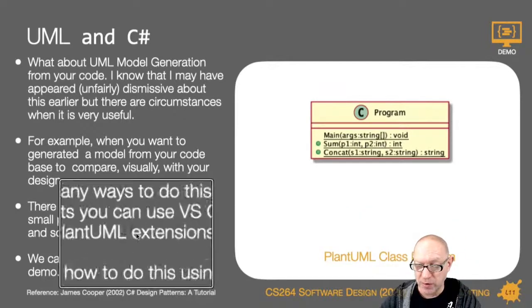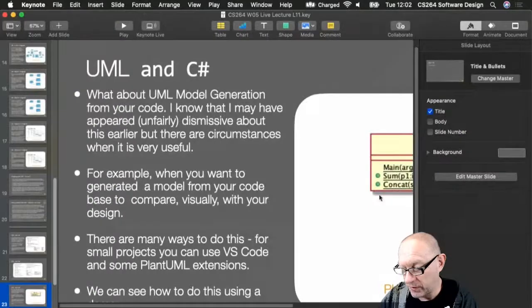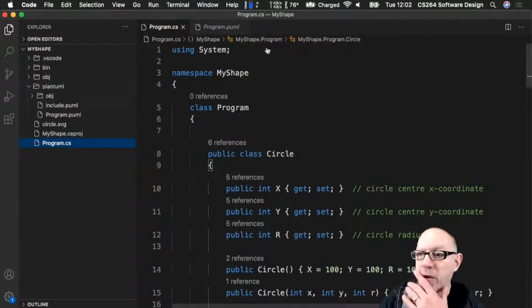You can use VS Code and some Plant UML extensions. I can have a demo to do this. I'm not sure it's going to work in this particular one because it relies on GraphViz, but I had it earlier. It didn't seem to work terribly well for me, but let's see if I can switch to VS Code now. So I installed